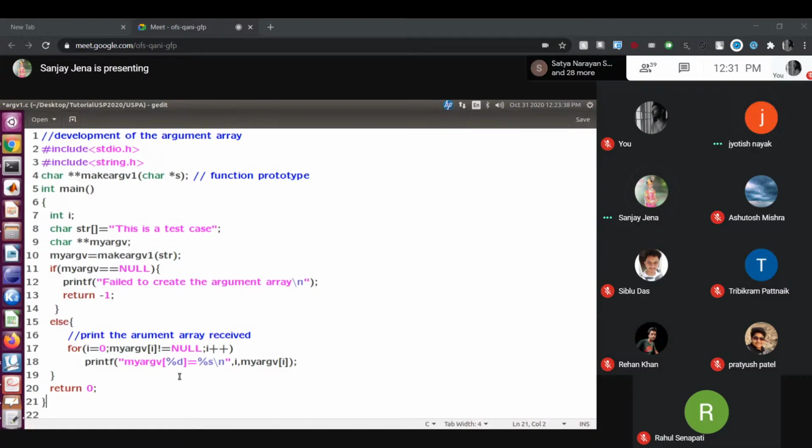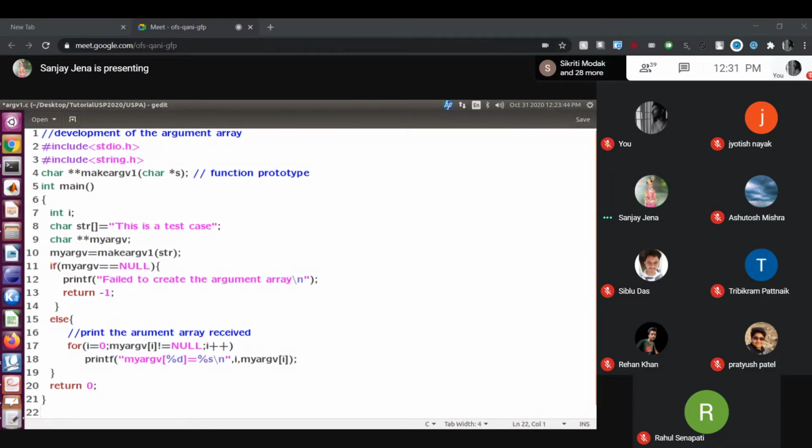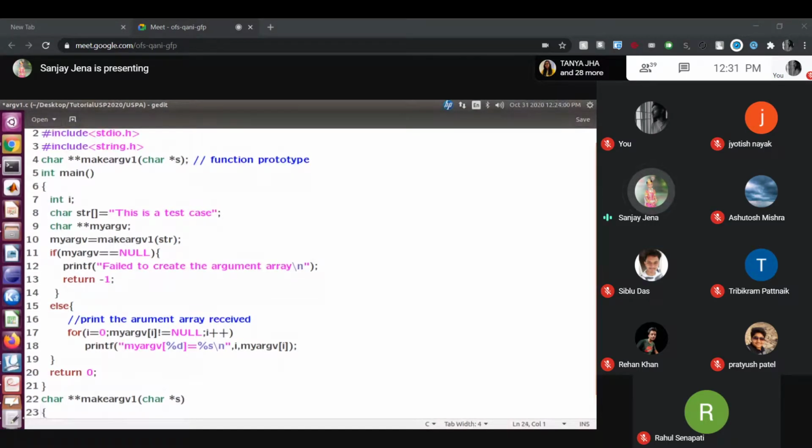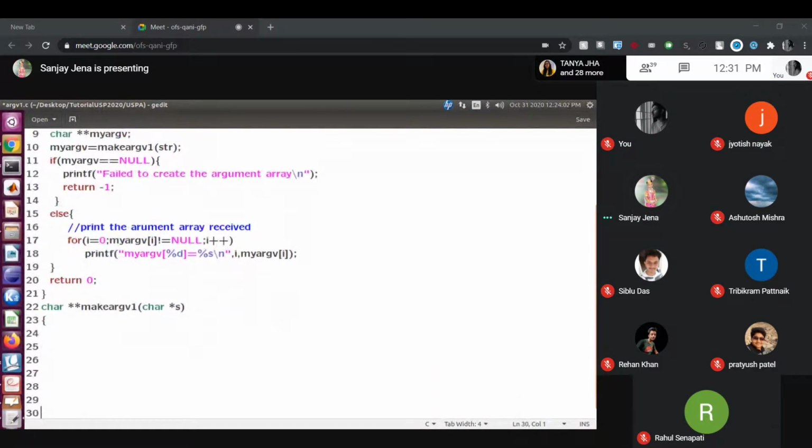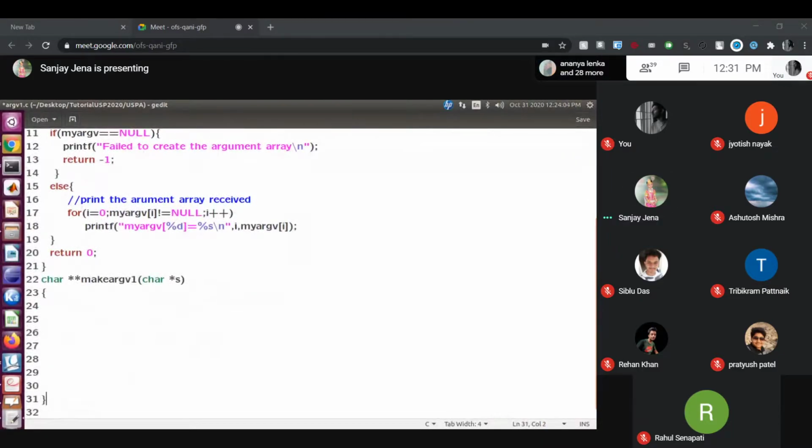Yes, sir. Okay. Now I am giving the idea of how to write the function. Look at the return type. That you have to write: char star star make argv version 1, receive your string. Now the body must go from this point.